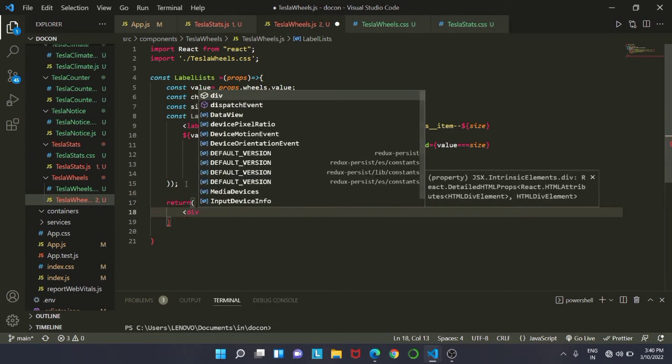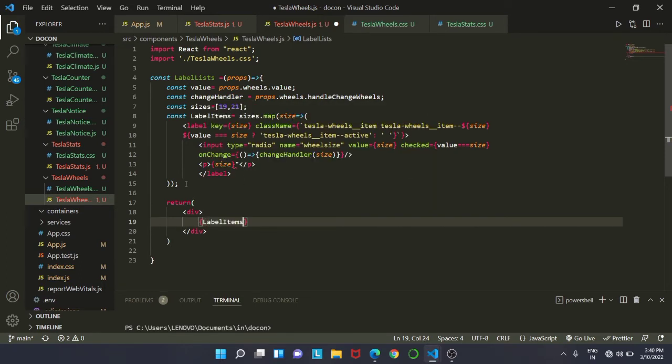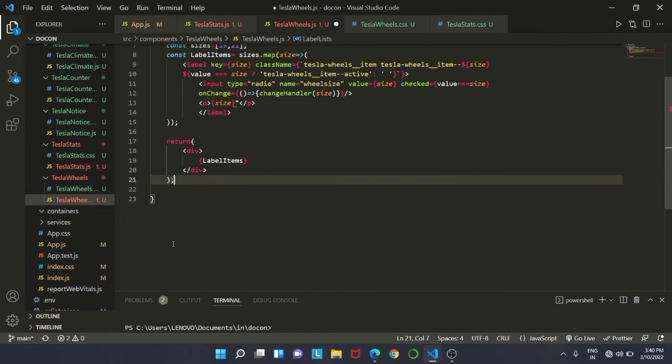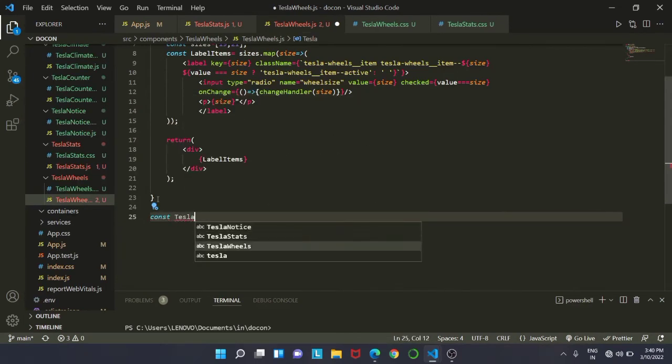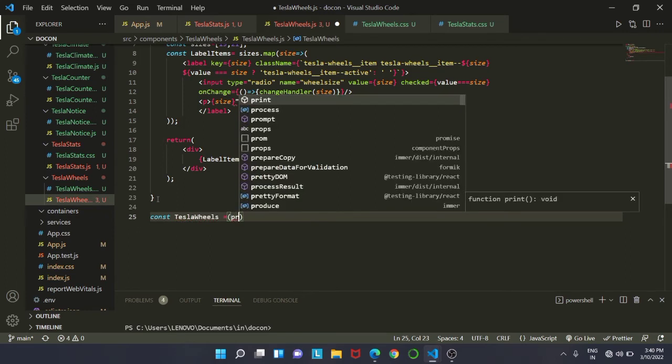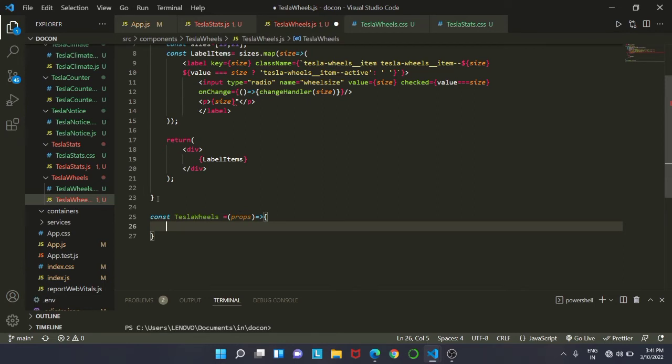So inside the return statement, we will just have a div tag, and we will display our function that we have created, that is the label items. After that we are going to create another function, that is const TeslaWheels. We will pass props as an argument, and inside that we will first have a div tag. This div tag will have a class name TeslaWheels__component,